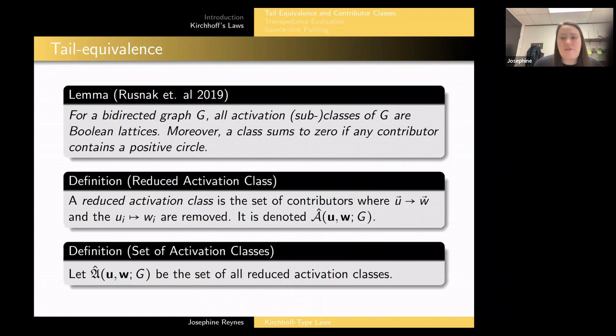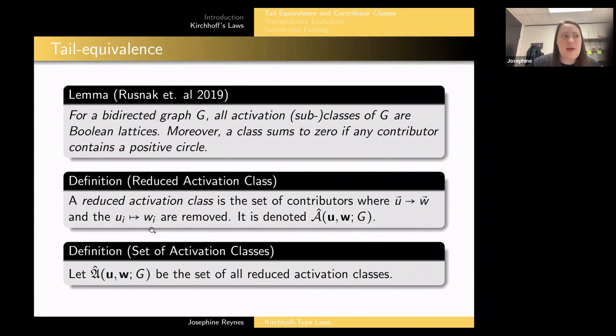So for a bidirected graph, all the activation subclasses are actually Boolean lattices. And that's going to be a really handy fact when we're looking at the Kirchhoff's laws. And the class is going to sum to 0 if any contributor in the class contains a positive circle. Finally, we have the reduced activation classes, which are the set of contributors where we send the U to W and